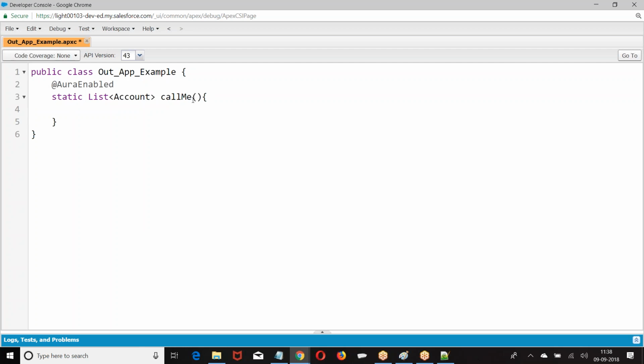If you want, you can also pass a parameter. The parameter will be passed from there. Okay. First, let me do this. You can extend the example.